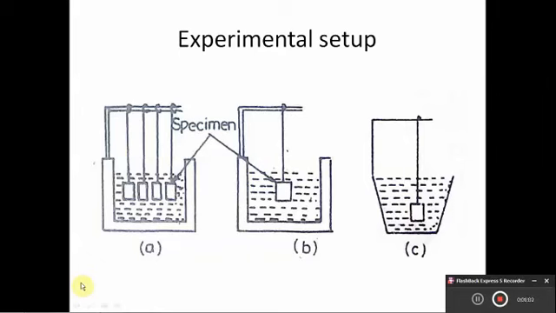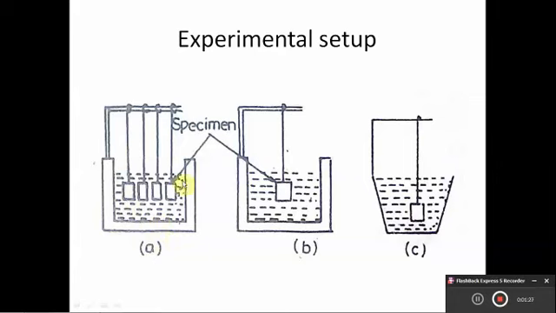Firstly, we have to select a steel. It may be a hypoeutectoid steel, hypereutectoid steel or a eutectoid steel. A TTT diagram can be experimentally determined with the following steps. As shown in figure A, we are going to heat a number of steel samples of size suitable for metallography in the austenitic region throughout the experiment.